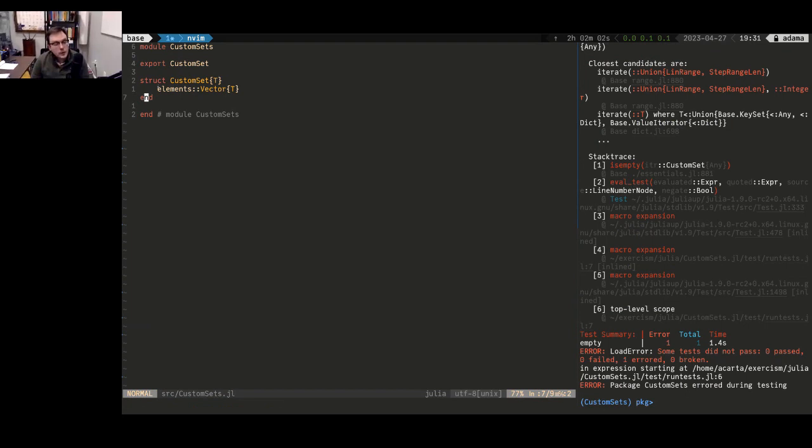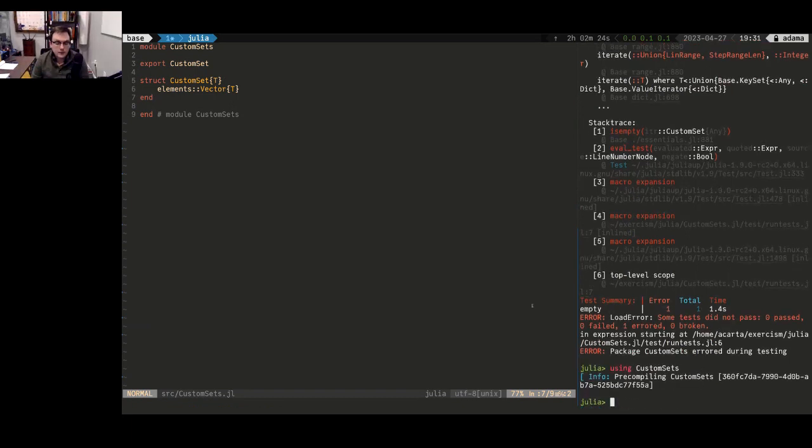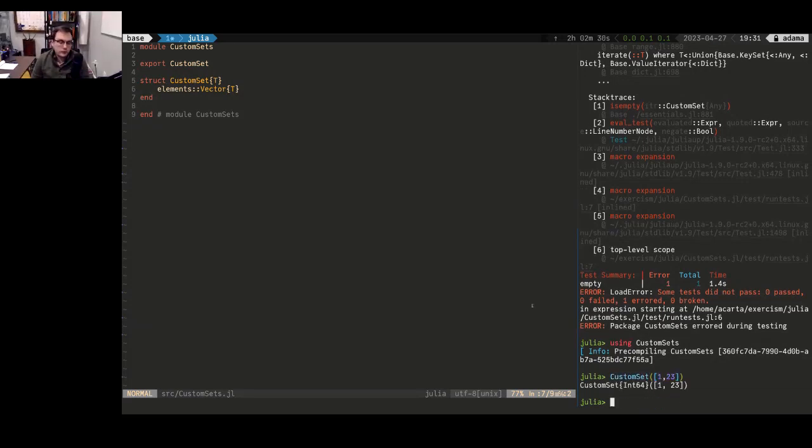So despite the fact that this looks kind of like a C struct, and we often should treat it kind of like a C struct, and that we don't associate functions in line with this, there's no class members or anything like that, one thing that we do get for free is a constructor, right? If I were to take using CustomSets, I don't know why I keep wanting to capitalize that U, and I do CustomSet of 1, 2, 3, whatever. Without having to define it explicitly, I do get what in Julia is called a default